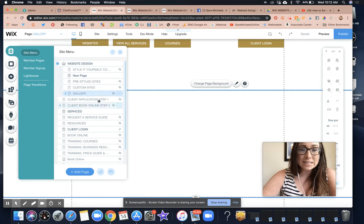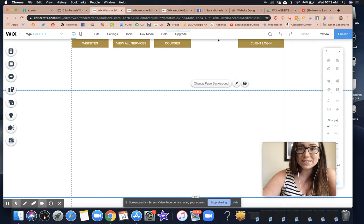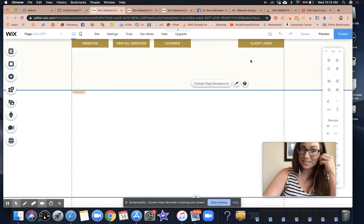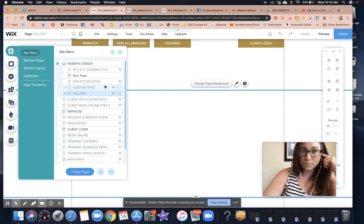So inside of your gallery page, you will open up the site editor for Wix. Remember, there are 3 different views in Wix: the site overview, site editor, and site dashboard. This is the site editor. In order to create a new page, you can go to add a page from the menu, and you will label this one gallery. Then I went over here, clicked on the little 3 dots, and clicked on